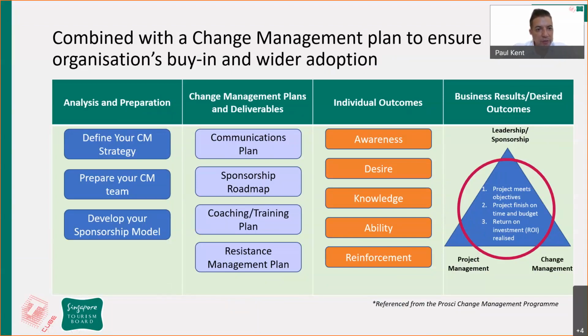A couple of different areas. At the beginning, define what your strategy should be, keeping in mind, again, for a small organization, it might be very simple. It could just be that we're going to talk to each other at our weekly meetings and give an update of what's going on. For a bigger organization, there will be different sets of areas to look at. Prepare the team. The team can be 1 or 2 people, or a large team, depending again on the size and the need. And then the sponsorship model.